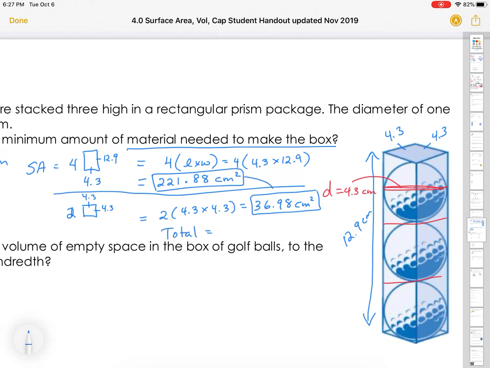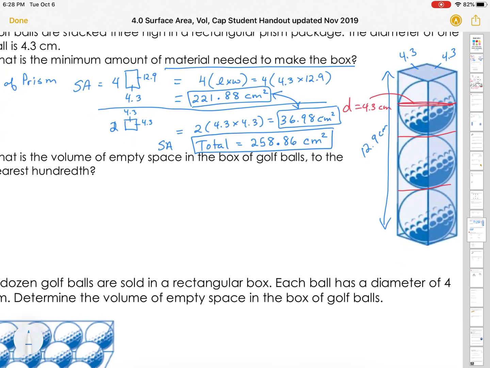So the total equals these 2 added together, which is 258.86 centimeters squared. So that's my total surface area. Okay, so because it's surface area, it's centimeters squared, right? Okay, now